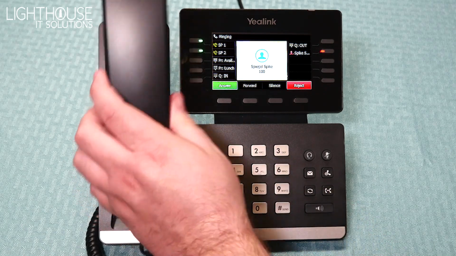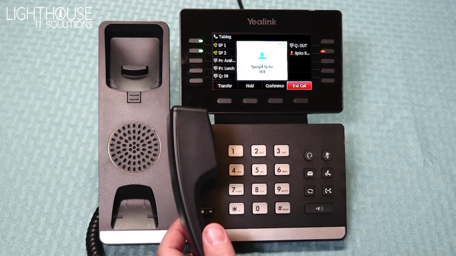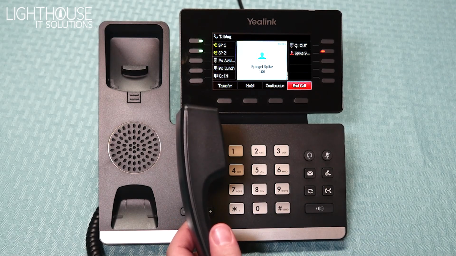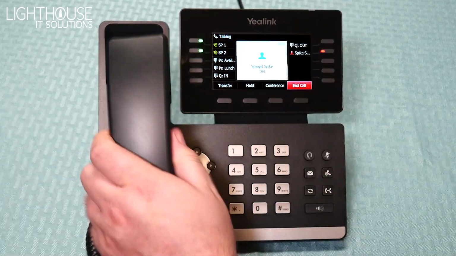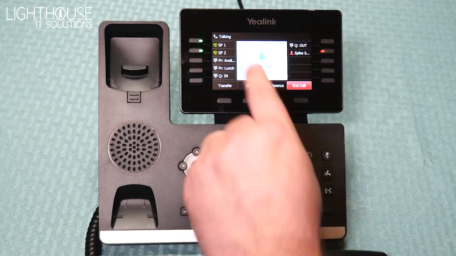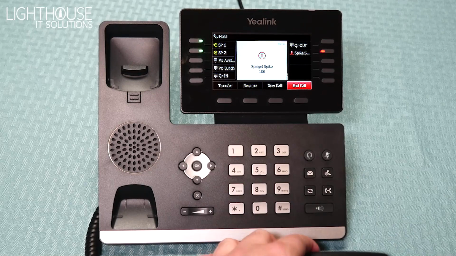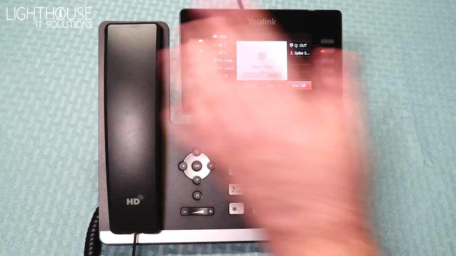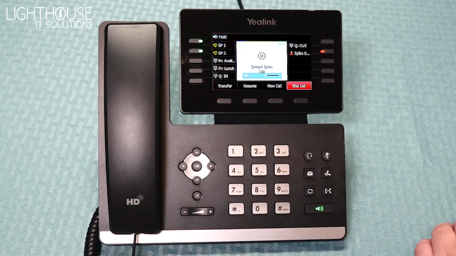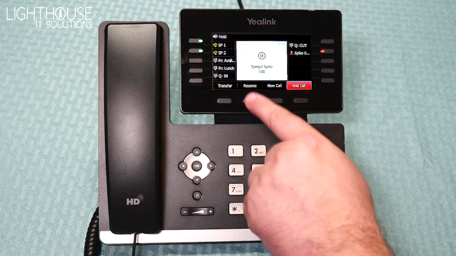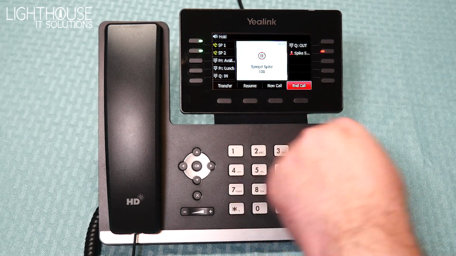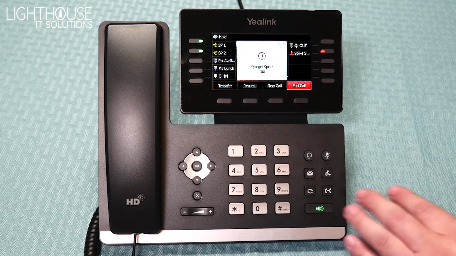Hey, Spike. How's it going? Just a moment. I'll press the hold key, and now Spike is being paused. Spike is now jamming out to some really awesome on-hold music. And once we're ready to pick him back up, we can either hit resume and have the call return to the speakerphone,